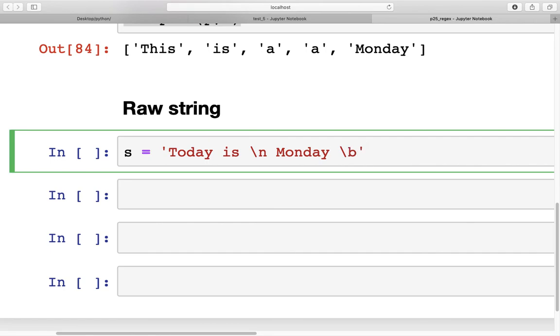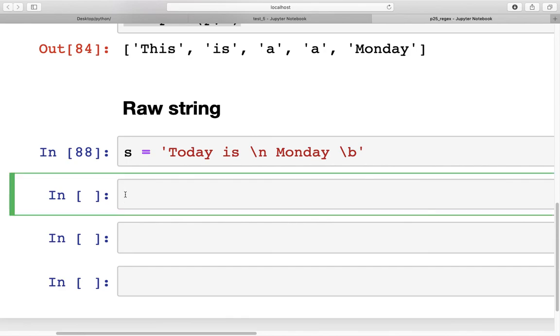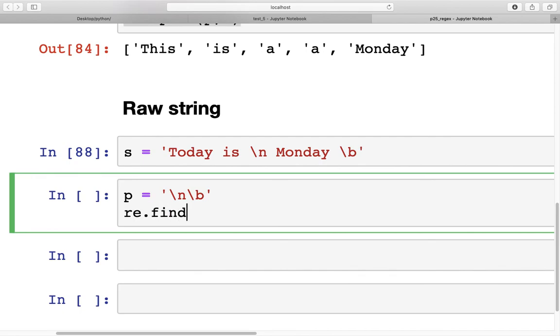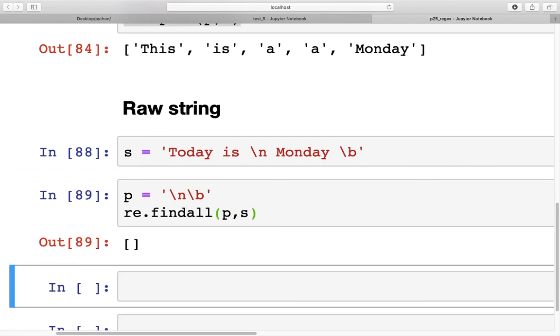So that's the string that we have, and now we are going to create a pattern where we want to search, for whatever reason, for the new line character, and we want to search for the backslash. Now if we were to go ahead and run this search with find all, P and S, it's going to return null,